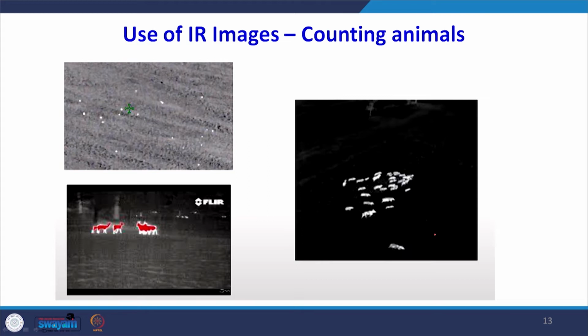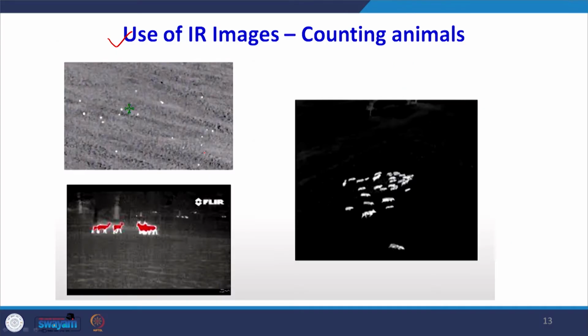Then, not only the images which are taken in the multispectral bands, the visible part of the spectrum, but we are using the infrared images. So, these infrared images have the additional advantage that you can take them at night also, and they work on the basis of the temperature difference. So, wherever there is a temperature difference, you can identify the activity or the phenomenon or the object.